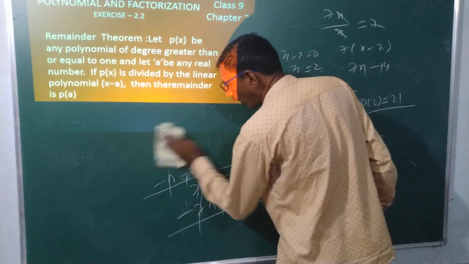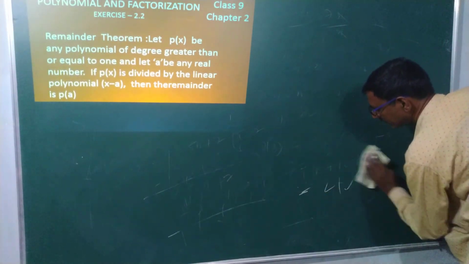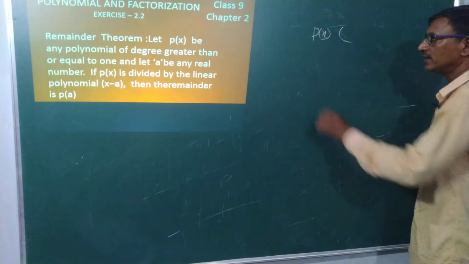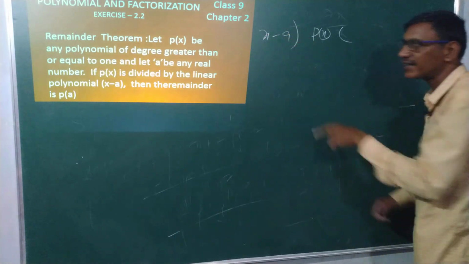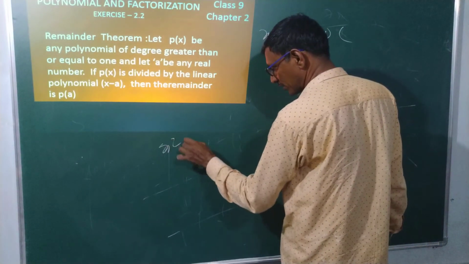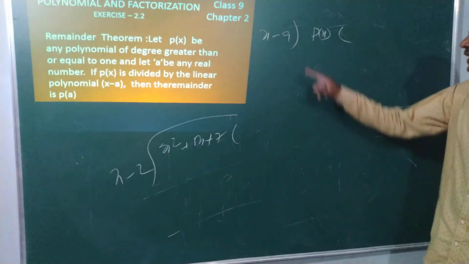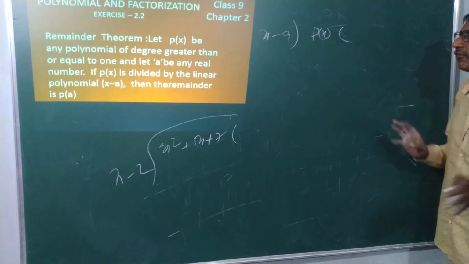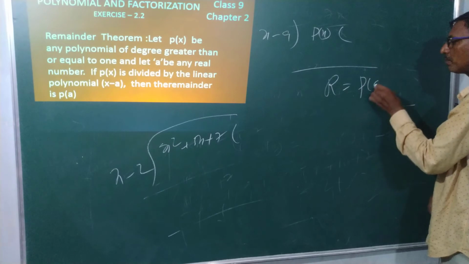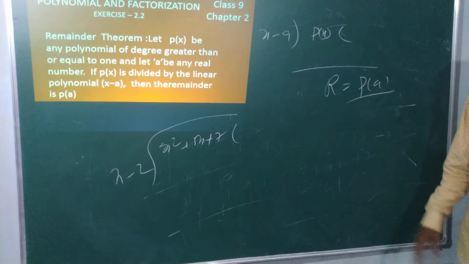So we now define the remainder theorem. Now see here. P of x is a polynomial. We divide with some x minus a, where a is a real number. Just now we did it: x square plus 5x plus 7 is divided with x minus 2. Here 2 is a real number, here a is a real number. When we divide with this one, we get some remainder, no doubt at all. That is r. R must be P of a. Keep in mind, this is the difference now.